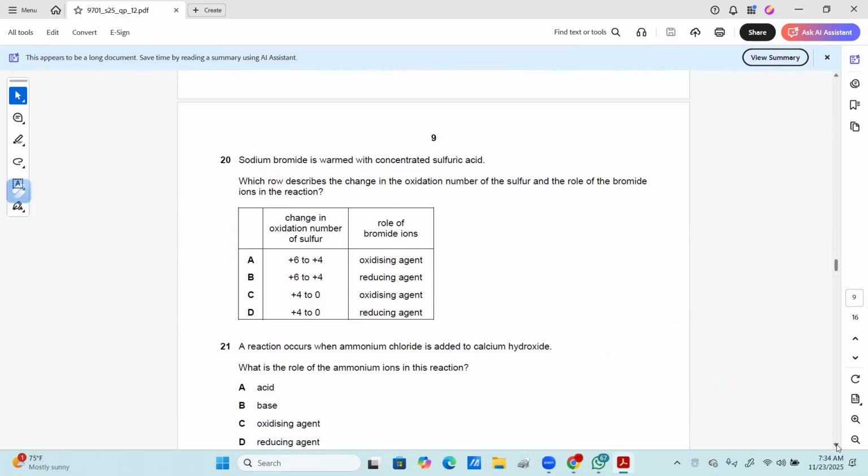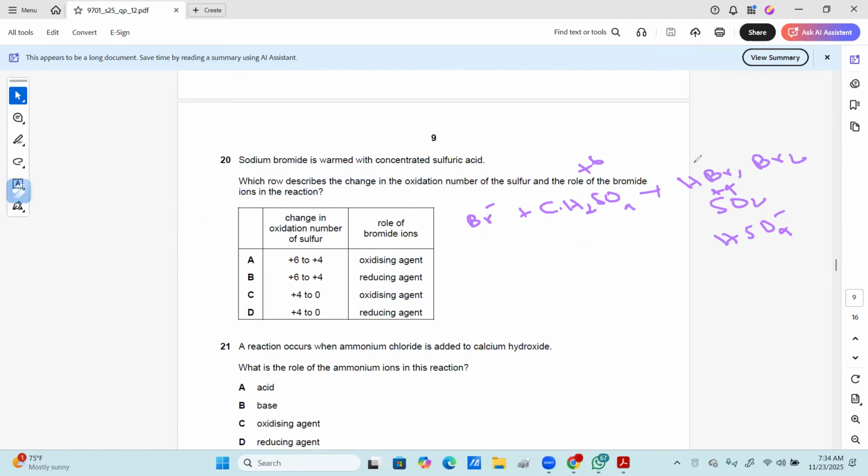Then sodium bromide is warmed with concentrated sulfuric acid. Oxidation number of sulfur. So remember that with bromide ion and concentrated H2SO4, the products will be HBr, Br2, SO2, HSO4-. So you can see +6 became +4. And it undergoes reduction,